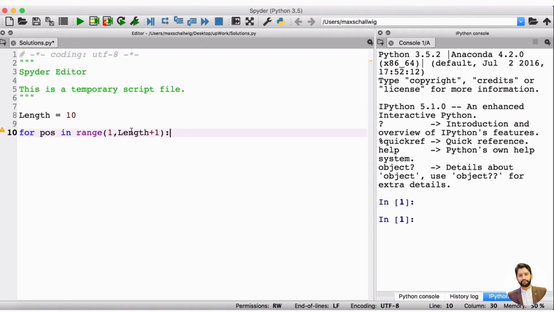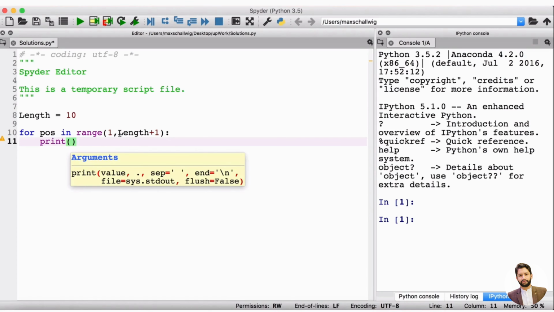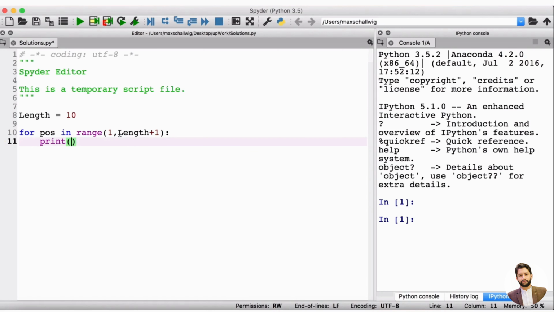So right now we're going to go up to but not including length plus 1, which is 10 plus 1, which is 11. So we're starting at 1 up to but not including 11. That's going to give us the numbers between 1 up to and including 10. So what are we going to do? Well, we're just going to print something to the screen. We're going to use the print function, and open and close the brackets. The value that we're going to print is just going to be the character C. And we're going to print the character C